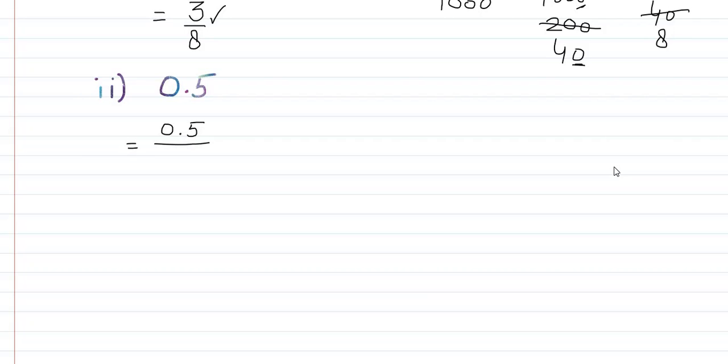How do we solve it? Just write 1 below, cut the decimal point and write 1 just below this point, and then write 0s. How many 0s? How many digits are on the right side of the point? There is only 1 digit, so write only one 0 just below this fraction. So here we get 5 over 10. 5 1s are 5, 5 2s are 10, we get the answer, that is 1 over 2.